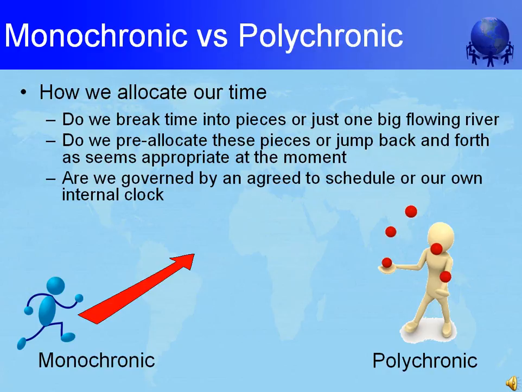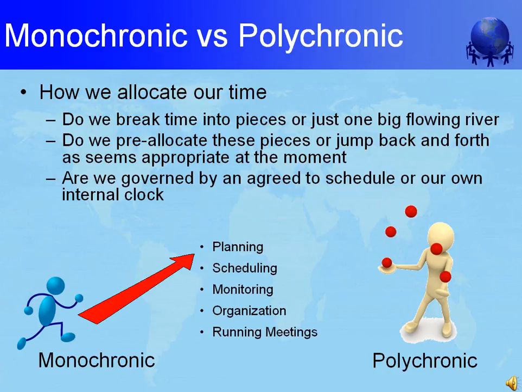Since polychrons believe their daily calendar is only a preliminary description of their daily activities, subject to unplanned future events, polychrons have no problem making time for the ad hoc demands of those with whom they have strong relationships. Activities where polychrons and monochrons have difficulty working together include planning, scheduling, monitoring, deciding on how and when to organize things, and how to conduct meetings.